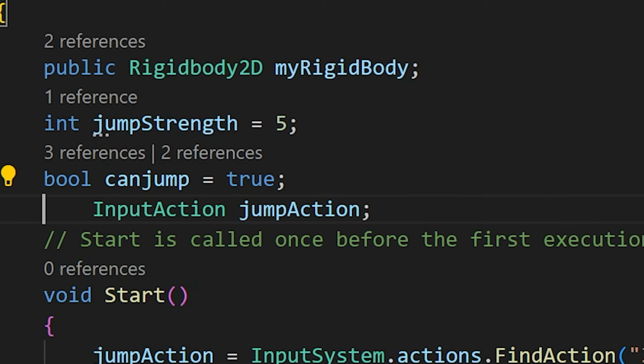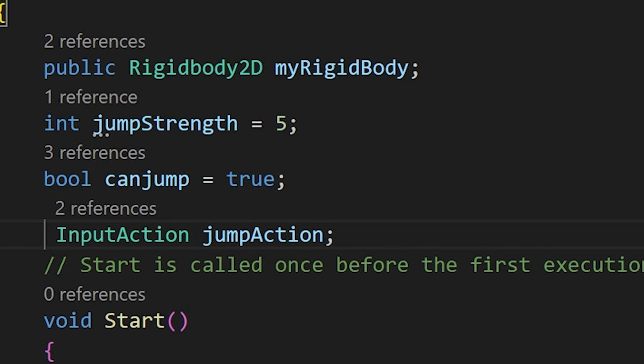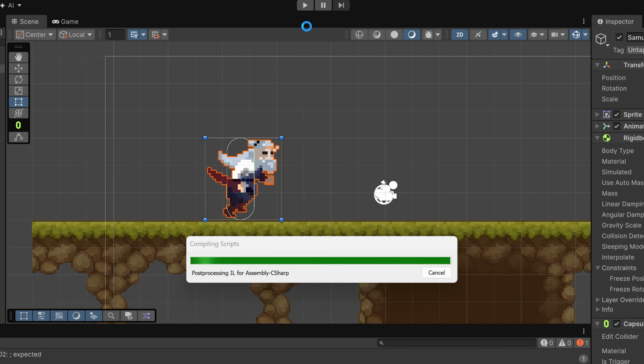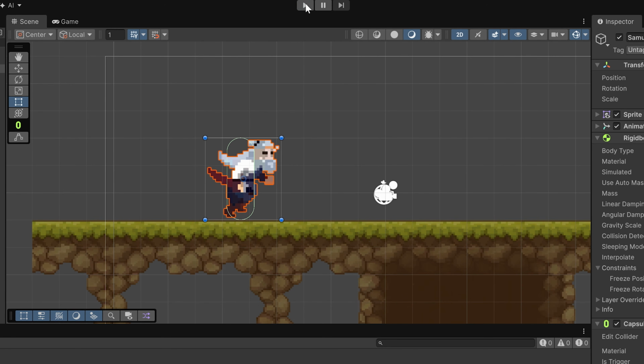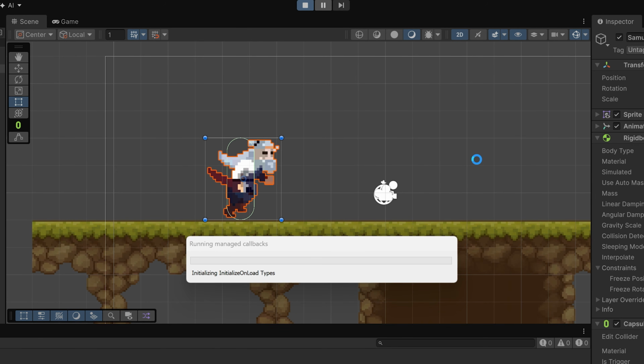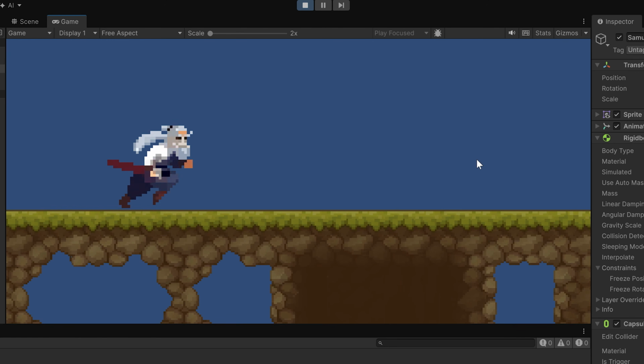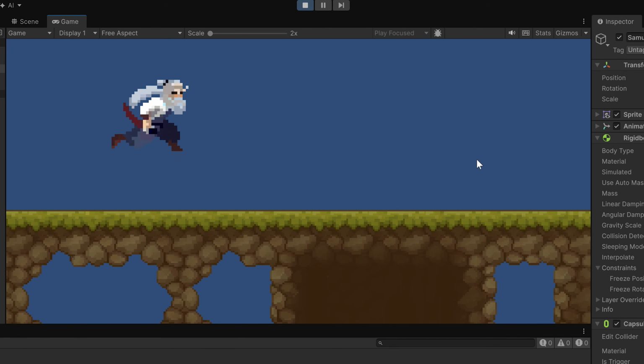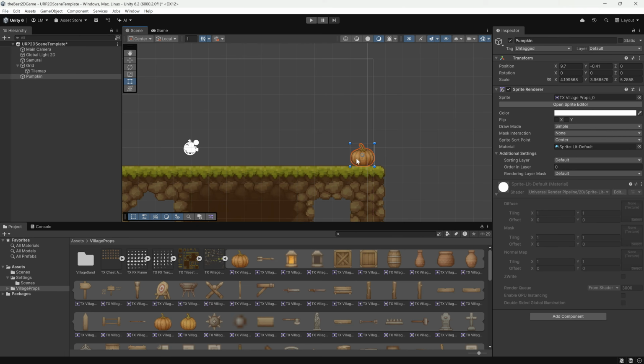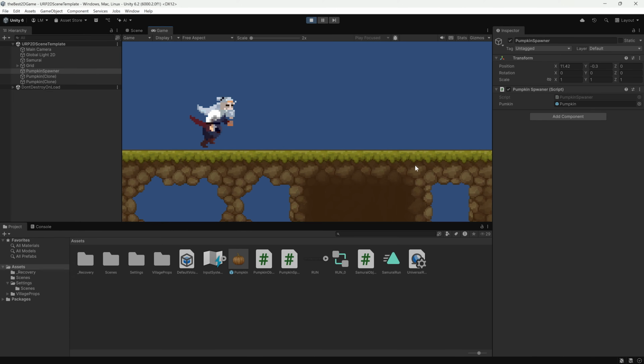Yeah, semicolons. You won't believe how many times I spent debugging only to realize I forgot the freaking semicolon. Godot's GDScript spoiled me. The second issue, compilation time. Since C# is a compiled language, even after making a small change, I had to wait for everything to compile before running the game. I'm not used to that.